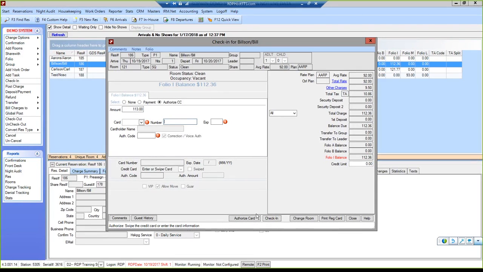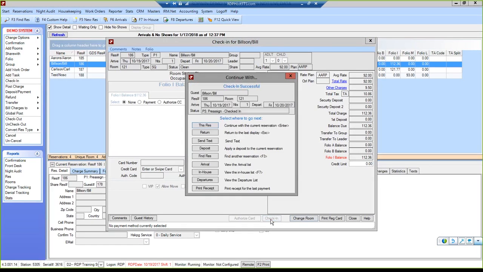Then once you finish that, the authorized card button goes away, then you just have a check-in button. Well, in this case here, I'm going to just do a none, because I can't really run one through here. Hit check-in, and then go on. Now, check-in, it just gives you this little screen here. It says check-in successful. And where do you want to go next? A lot of times I just return to the previous screen, which would be my